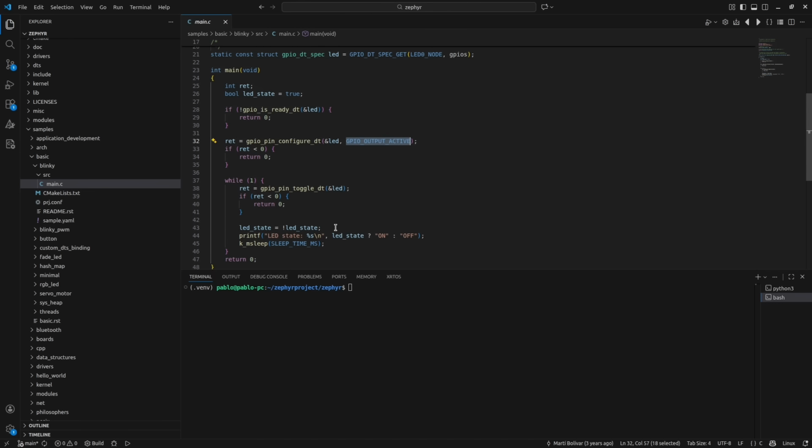And now let's go to the building process. For this, we are using west build. Basically, this starts the Zephyr build process. West coordinates CMake, Kconfig, device tree, and Ninja to compile the application, as we saw in our slides. The next step is to force a pristine build, to clean the previous build. For this, we are using this command.